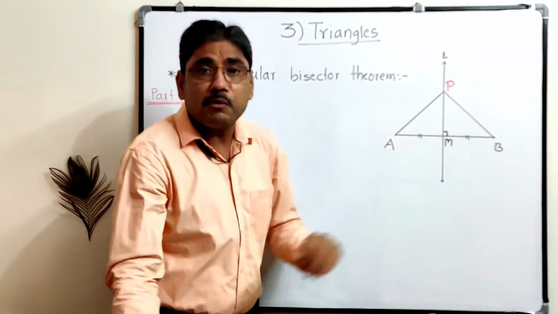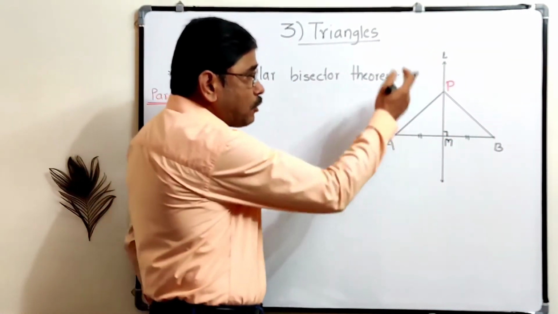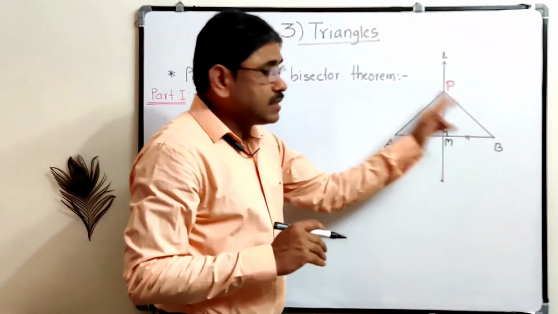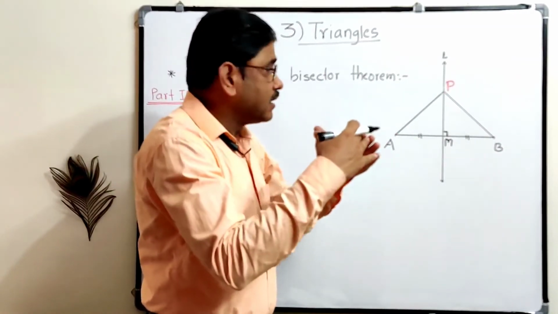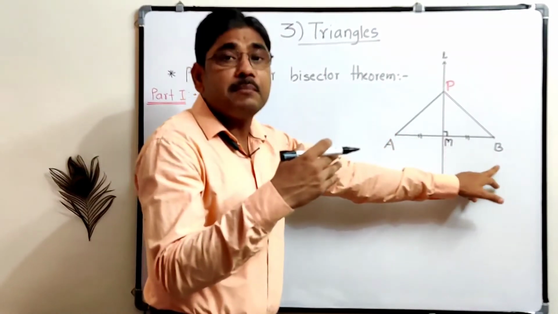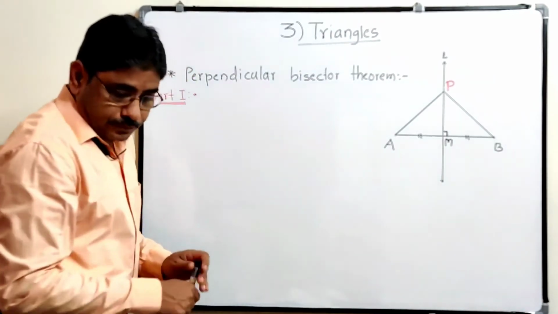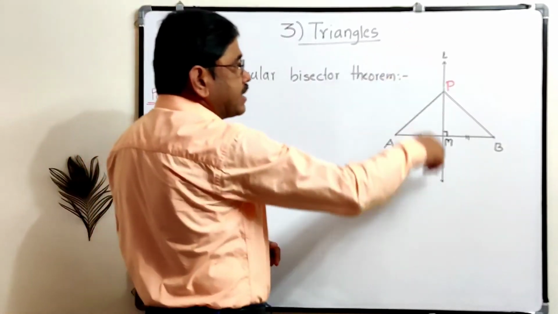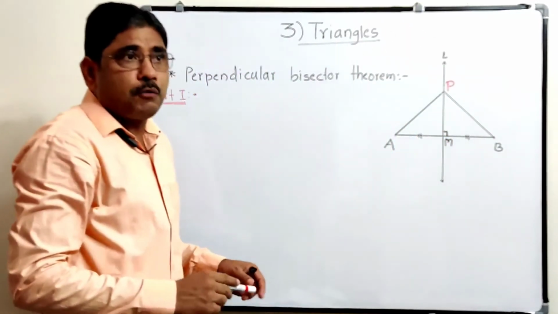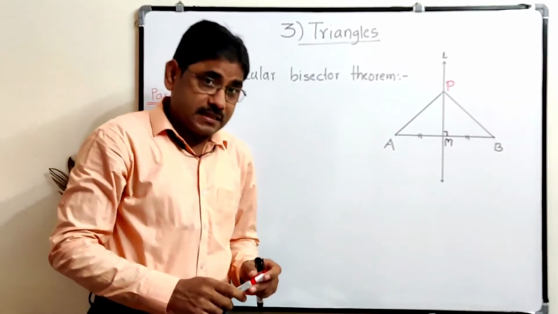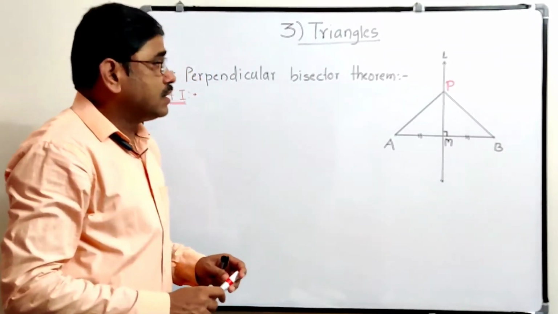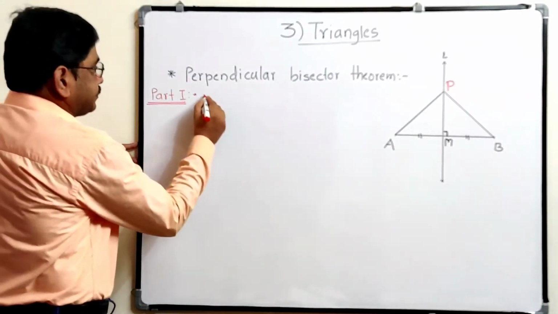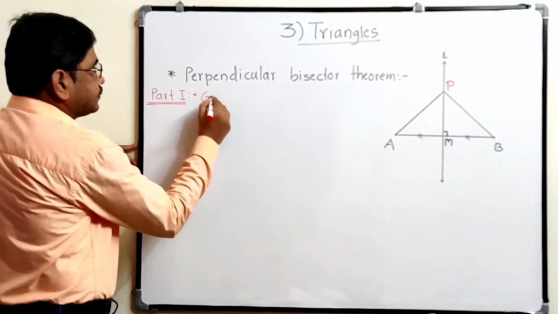A and B are the endpoints of the segment. Now P is a point on the perpendicular bisector, then what we have to prove? It is at an equal distance, यानी same distance पे है. कहाँ पे? कहाँ से? From the endpoints of that segment. So here the statement is, every point, means we consider one point P. Every point on the perpendicular bisector is equidistant from the endpoints of the segment. So what is given? So first we have to write given. So what is given?